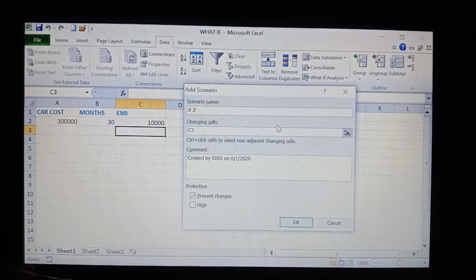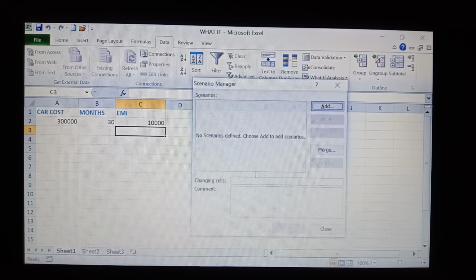For 24 months, how much EMI amount per month we have to calculate. Here in changing cells, which we are changing, here months we are changing. That means initially here we have 30 months. For that we are changing to 24 months. In which cell is it? C2 cell only. Okay.